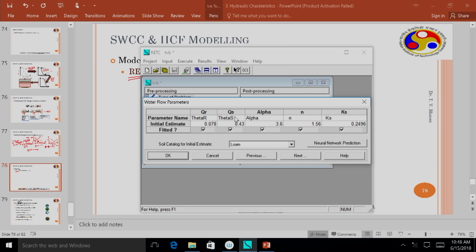Theta s, if the data is known, then you do not need to fit it, you can select this data. So as of now, I will leave it as it is, and alpha value I will fit, n value I fit, and Ks if I do not need to fit, then I can select some value. Here I am leaving a default value like this.